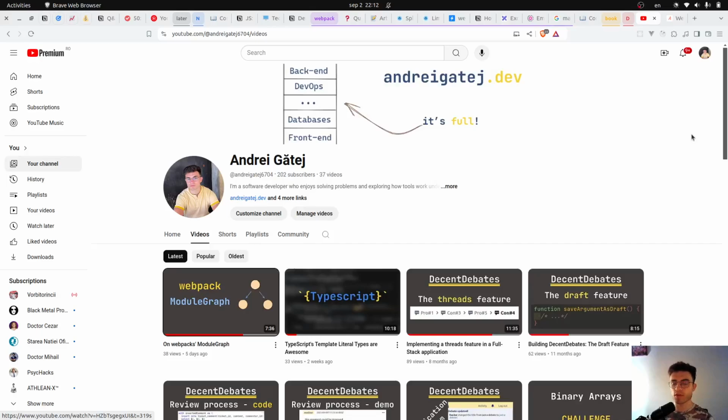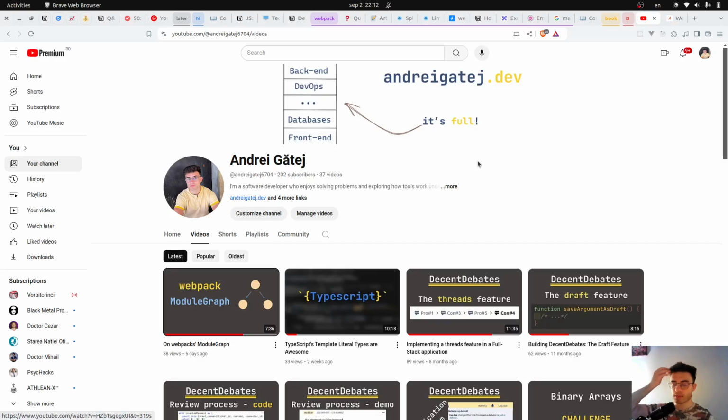In a previous video I talked about the module graph in webpack, which is a graph of modules that describe the connections between the modules. So if one module imports another, there will be an arrow from one module pointing to the module that it imports. In this video I would like to talk about the ChunkGraph, or in other words, how chunks are created,